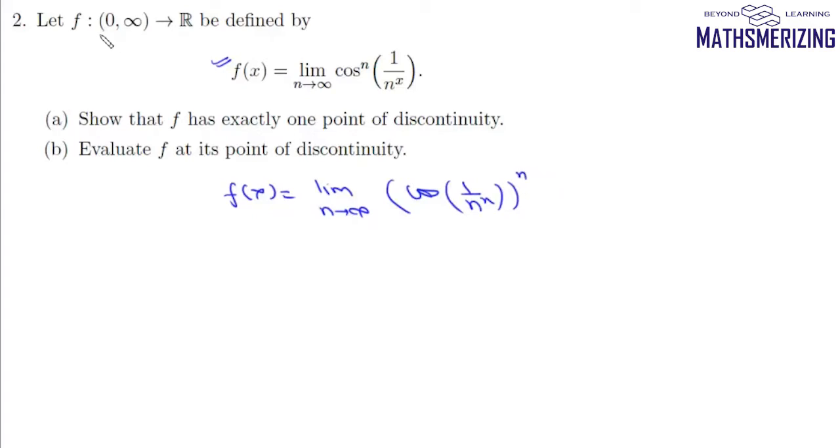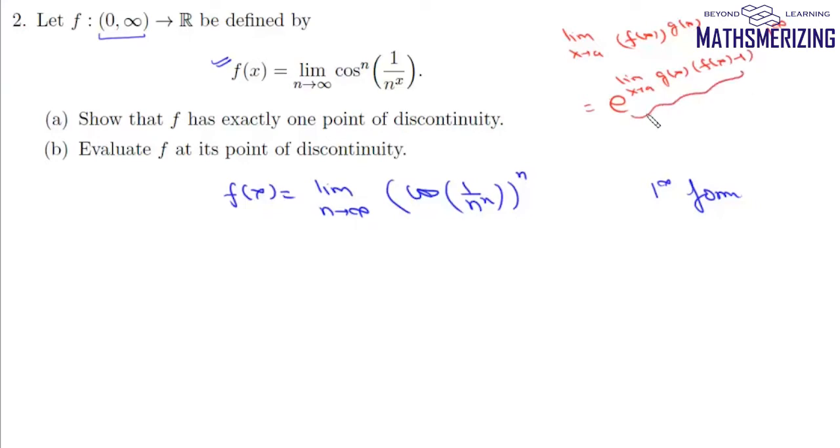Now in the question it says this x is greater than 0. Now when x is greater than 0, and if we take this limit n tends to infinity, then it is of the form 1 to the power infinity. And when it is 1 to the power infinity form, we can simply use the shortcut. The shortcut is, if we have this limit x tends to a of f(x) to the power g(x), and if the limit is of the form 1 to the power infinity, then we can write this as e to the power limit x tends to a of g(x) into (f(x) minus 1). So we'll use this shortcut here.